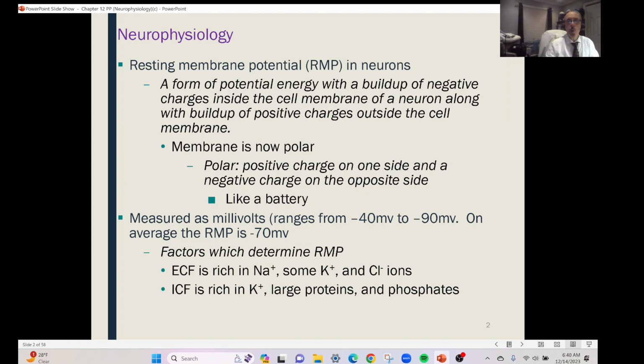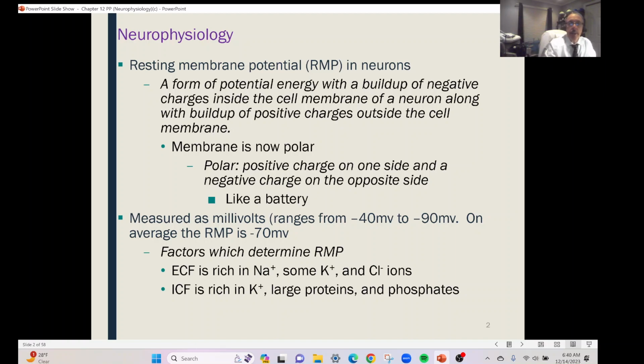Okay, so what are some of the factors that determine RMP? The extracellular fluid, as I said before, is rich in sodium. That's the predominant ion out there. It has some potassium, and it also has some chloride. Even though chloride is negatively charged, there are so many sodiums and potassiums, predominantly sodium, that the extracellular fluid is